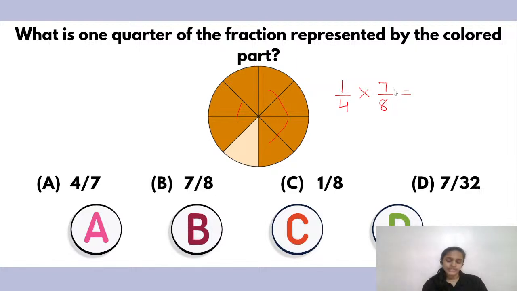So here, what will be my answer? I simply multiply because there is no reducing. So I get the answer as 7 upon 32. And here is my answer D. Yes, this was the